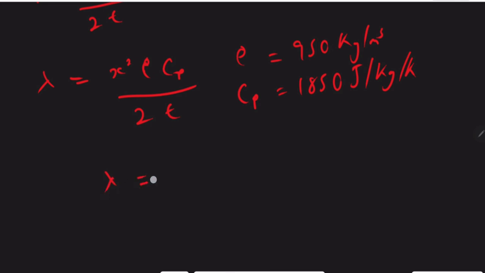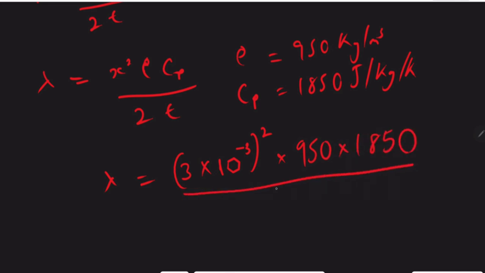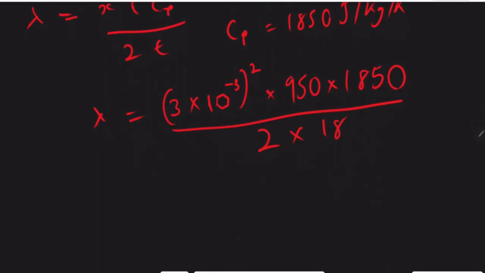Therefore, to calculate lambda for this material, we just add everything into the equation. We have 3 millimeters, the wall thickness, which we convert to meters: 3 times 10 to the power minus 3, all raised to power 2, times 950 times 1850, all divided by 2 times the time, which is 18 seconds. So we now have lambda as 0.44